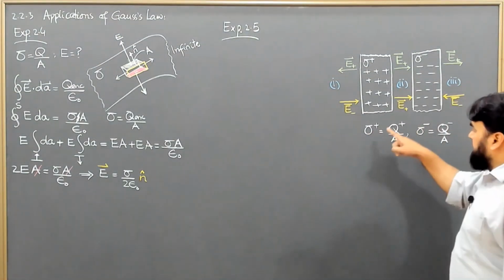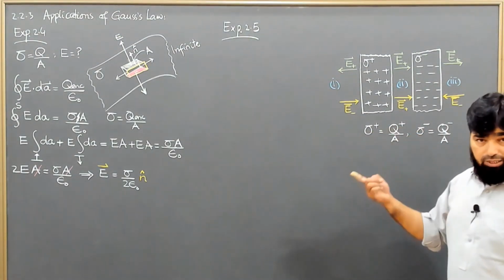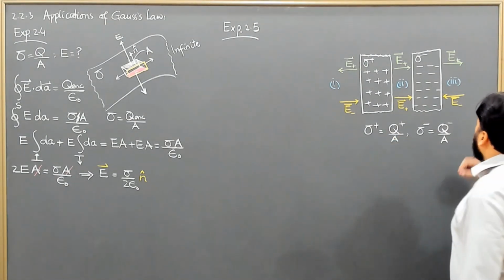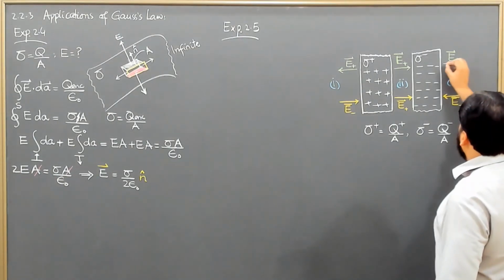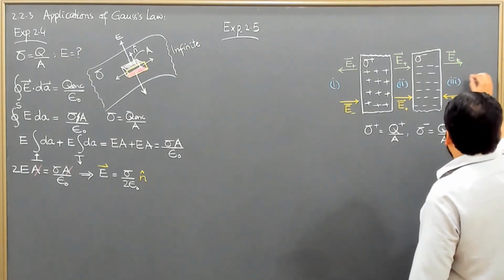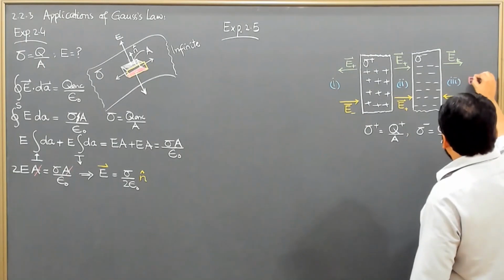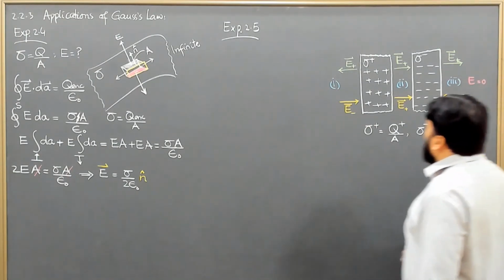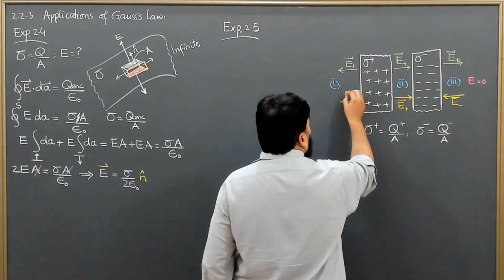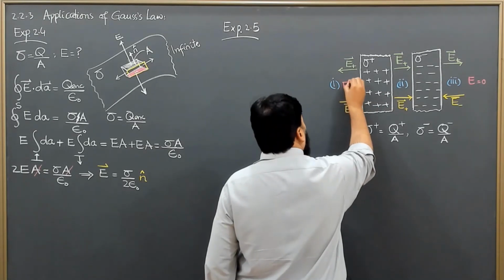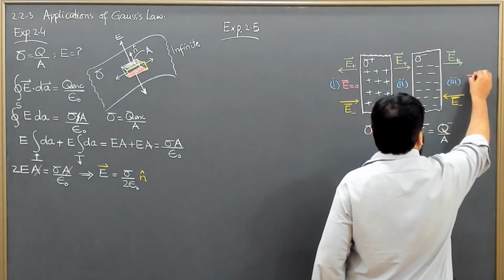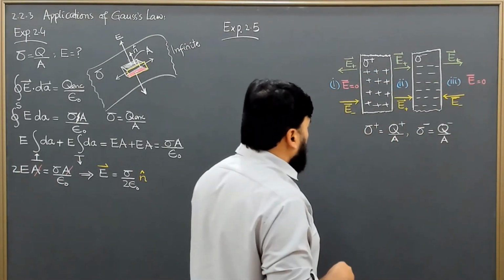Now look at the situation. As we know that the charges are the same, or the sigma is the same, they are just positive and negative, their magnitude is the same. So what about here, these two fields? This field is in this direction and this field in this direction. So the net field here in this region is equal to 0. While if I look here, the electric field is in this direction, while here the electric field is in this direction. So we have the electric field 0 here as well. The net electric field is 0 in regions 1 and 3.